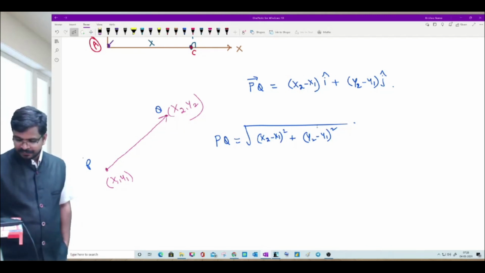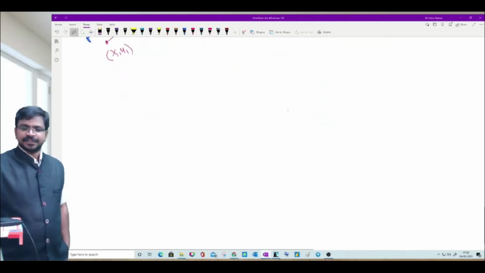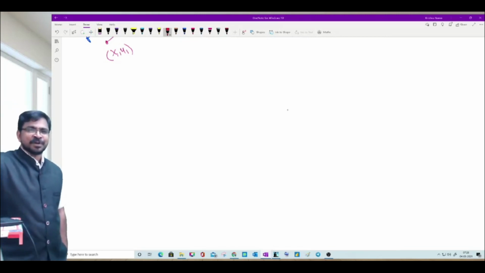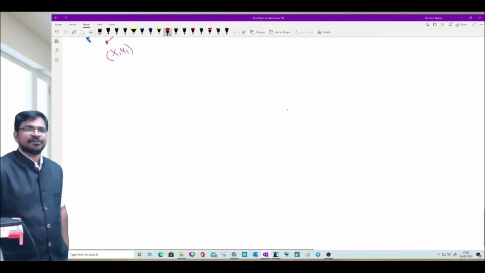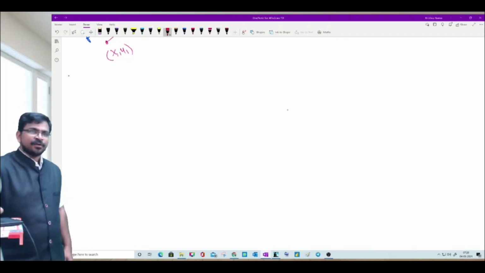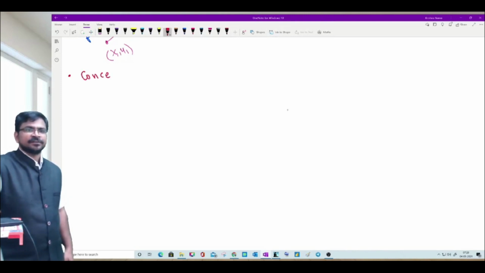So may I give you a numerical? Are you ready? Yes. This is the time to celebrate. Celebration in our class means solving a numerical, solving the problem. So it is time to celebrate our conceptual discussion. Usually, my previous students in this batch know very well, we call this the concept connector.